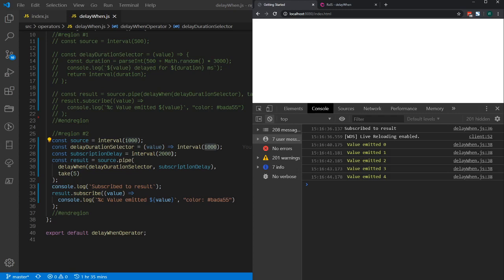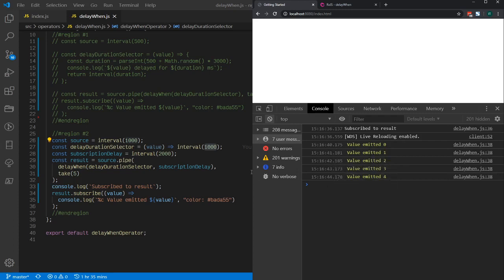Whenever I can see that over here, we can just console log it. So before subscribing, we console log the subscribe text, and that was at 1636. So after exactly 4 seconds, my first value has been emitted. But after that, it is only delayed by 1 second, right? So you can see that's 40, then 41, and 42, and 43, and so on.